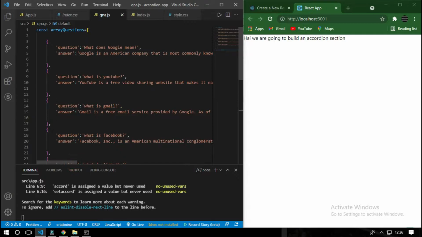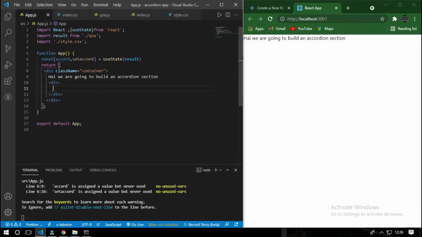So now I have to loop inside each object of this array and grab each element. So what I'm going to do is return, and I can do this thing, div,